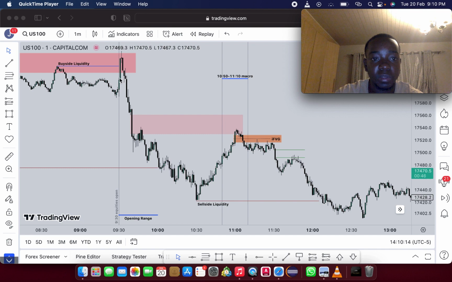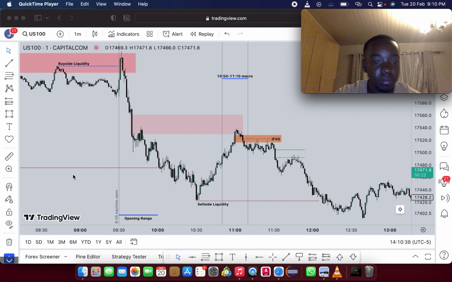That's a balanced price range. You had this buy side imbalance and had this sell side imbalance. So that's a balanced price range. It trades back to that and it starts its run down into that sell side liquidity that I had highlighted on the hourly chart. So please just have it in mind that this